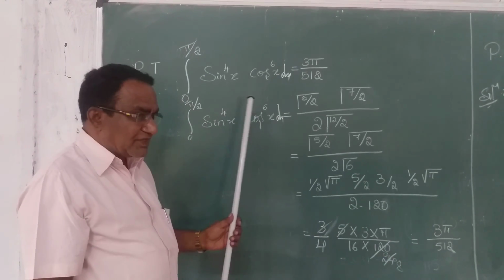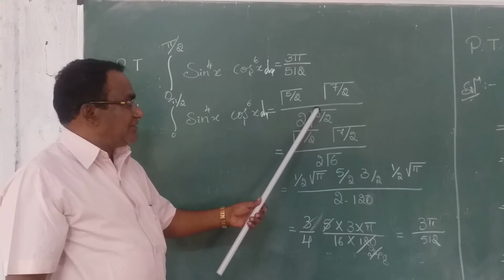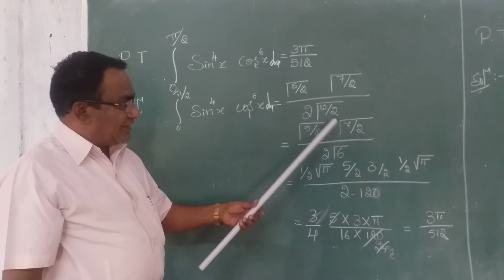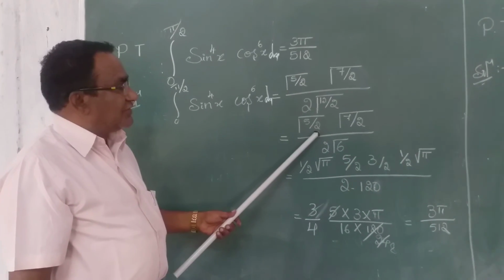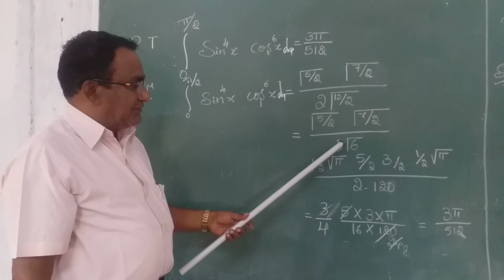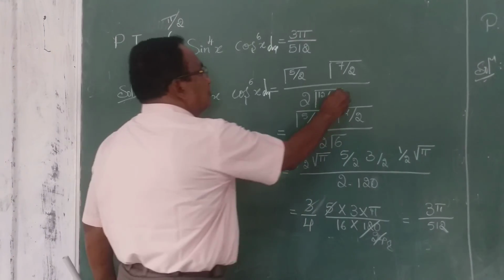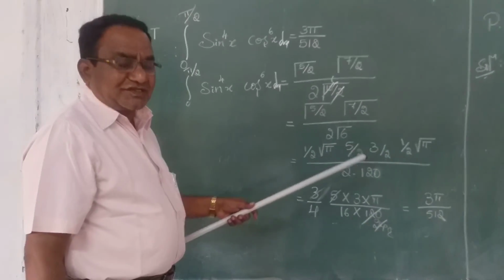P is 4 plus q is 6 plus 2. It is 12 divided by 2. Right? 12 by 2, of course, it may be written as 6. And this gamma 5 by 2, write it as it is, into gamma 7 by 2 divided by 2 into root 6, because 2 ones are 2, 6s cancel.